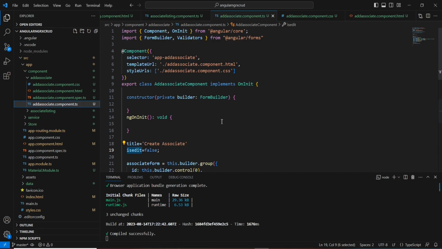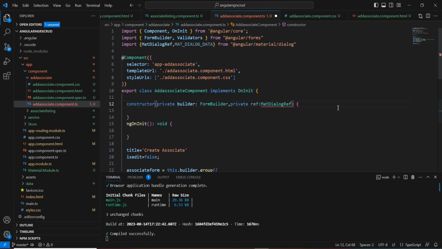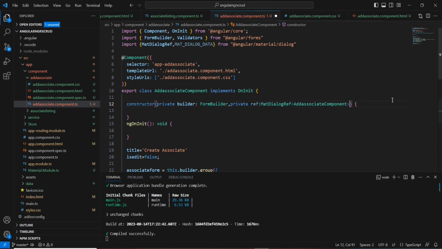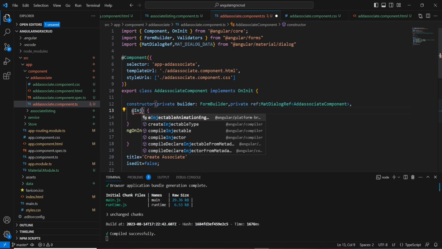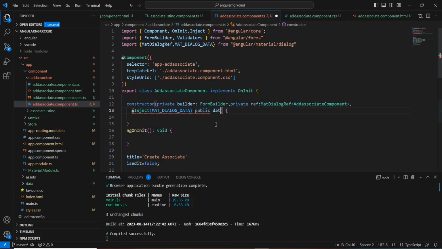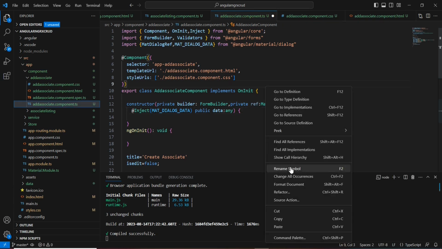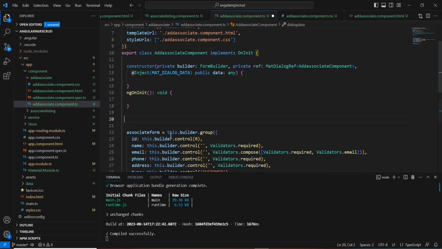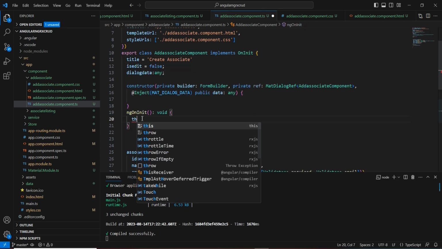So in our TS side I'm going to inject MatDialogRef, and here I'm mentioning the component. So the same way, let me format this one and declare one more variable, dialog data, and we can move all the declarations to the top. So in this hook I'm just assigning the value,